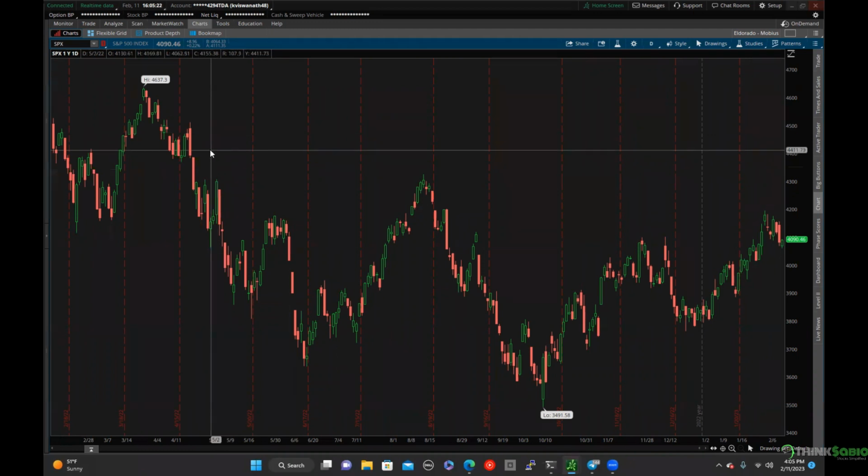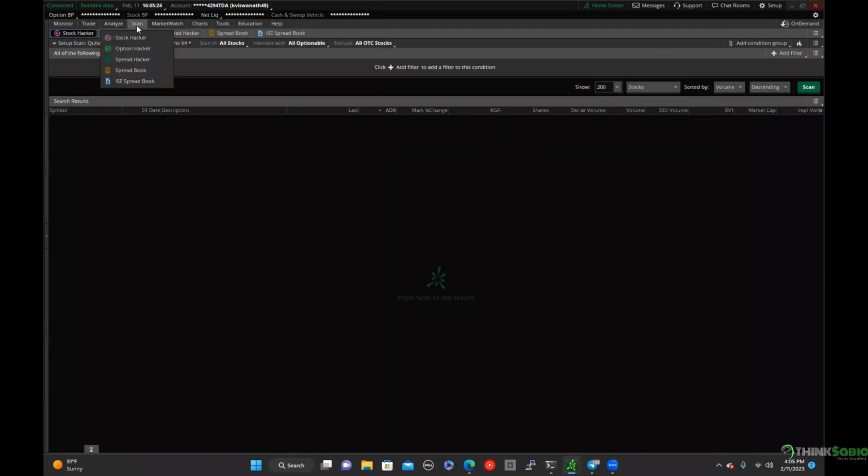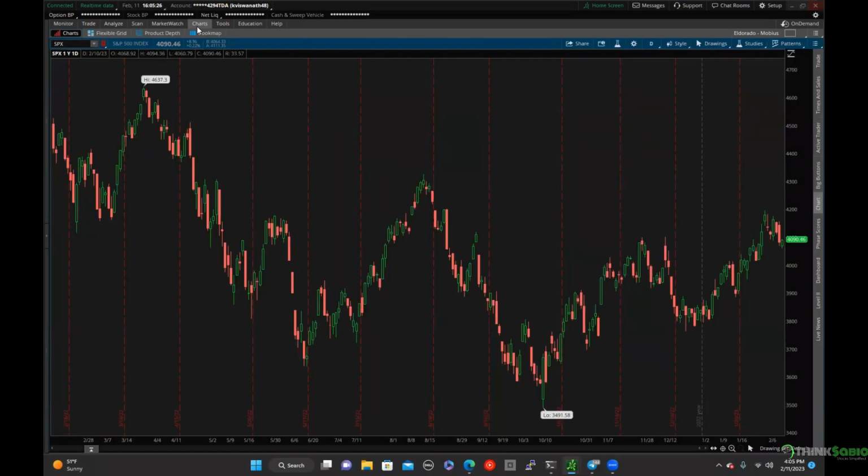uses VWAP. In this session, we are going to look at the scanner within ThinkorSwim and how you can run your own scanners and find out the stocks that meet the criteria that you have defined. And you can also set alerts to your email or phone. So I will go ahead and